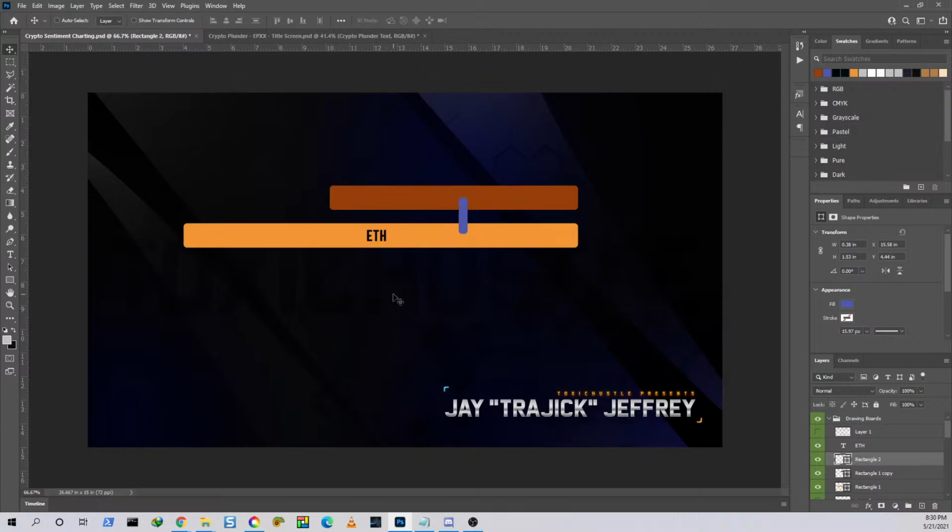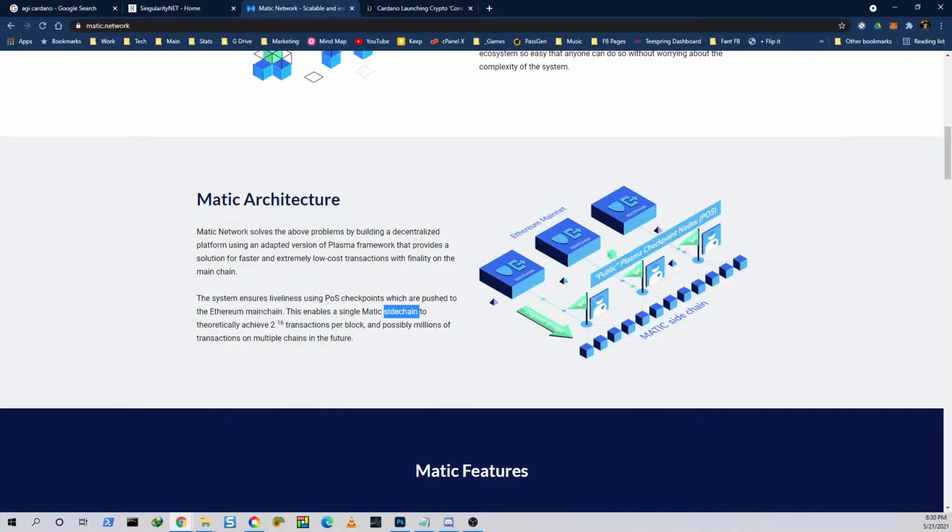Okay. So basically what they're saying is, here's Ethereum, and you have something like Polygon handling transactions and feeding it back to the blockchain, right? That's the basis for these side chains, or the Matic side chains, because Ethereum's transactions per second are not fast enough. So why is this important? What's transactions per second? That was a big thing in 2017.